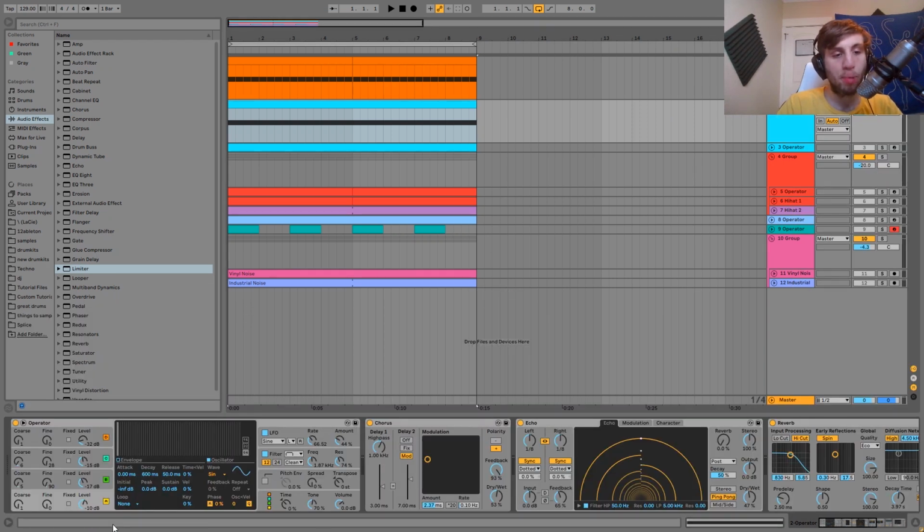And then what I've got going on is this Operator patch. With this, you can see we have just four sine waves doing FM with each other. Very simple. I've got them all at different octaves, and then I've got them detuned a little as well. The detune really helps give it that crazy metallic sound. If I turn that off,